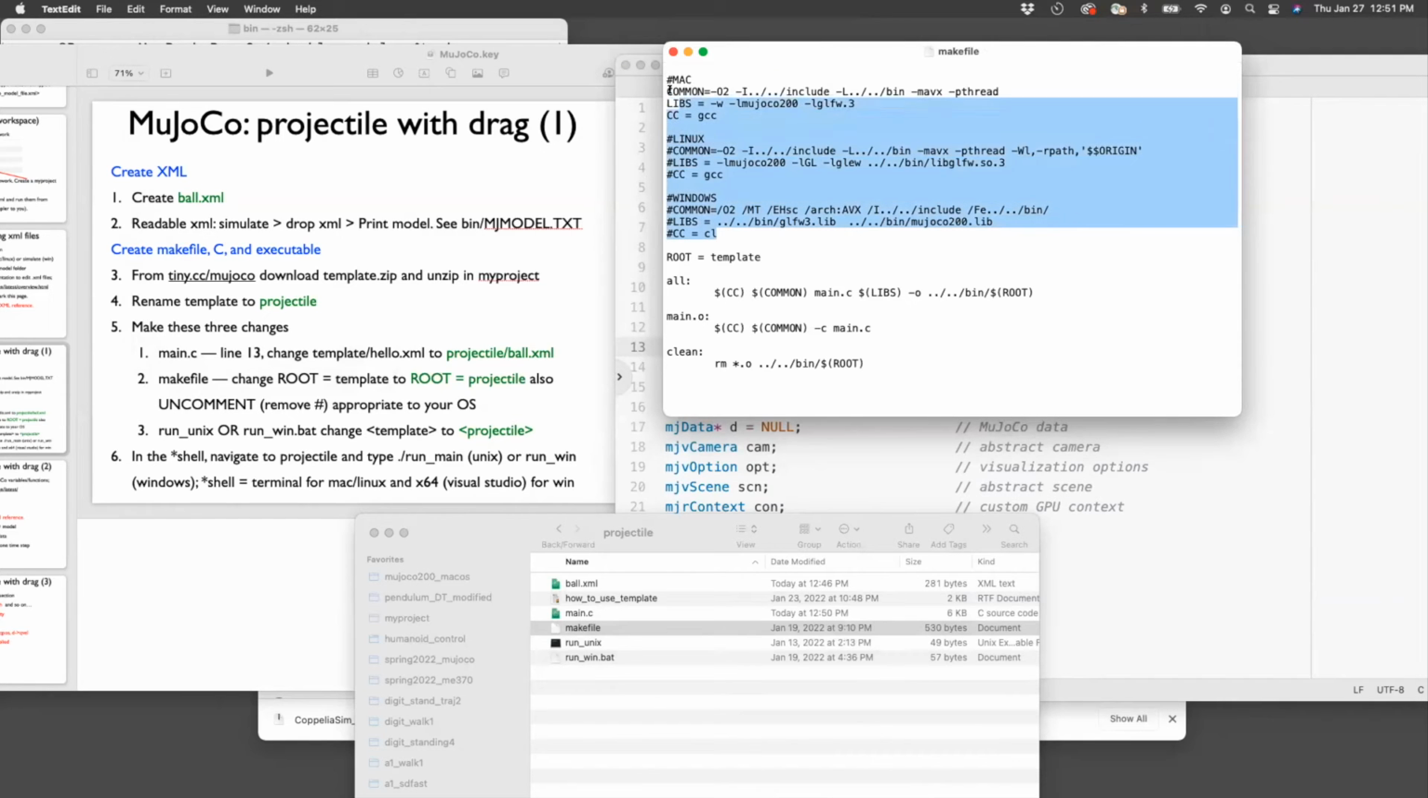Okay, now you see that in the make file, there are things which, but first of all, in the make file, you can comment out items, each line, by using the hash. Now I'm using a Mac system, so I have uncommented the part for Mac, that is common libs and cc. If you are working on Windows, you can comment these out with a hash,